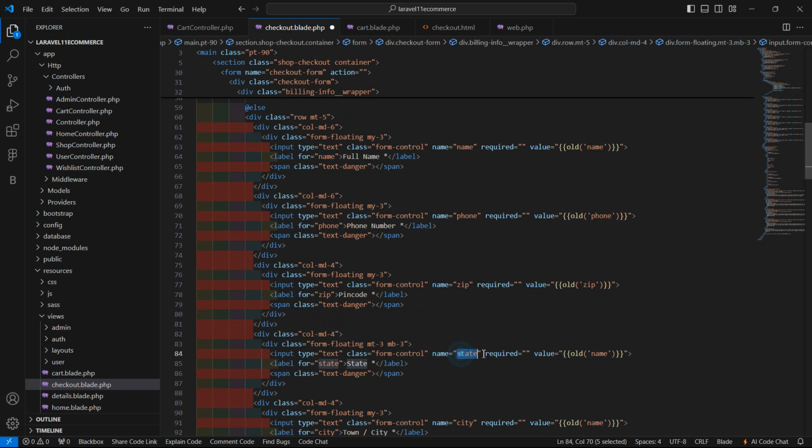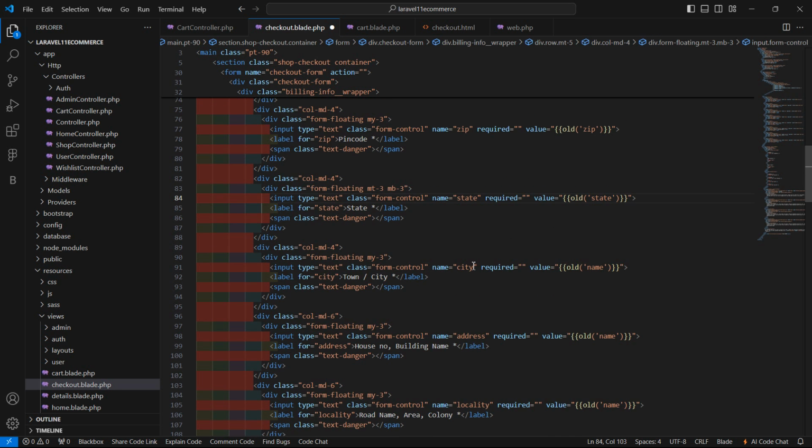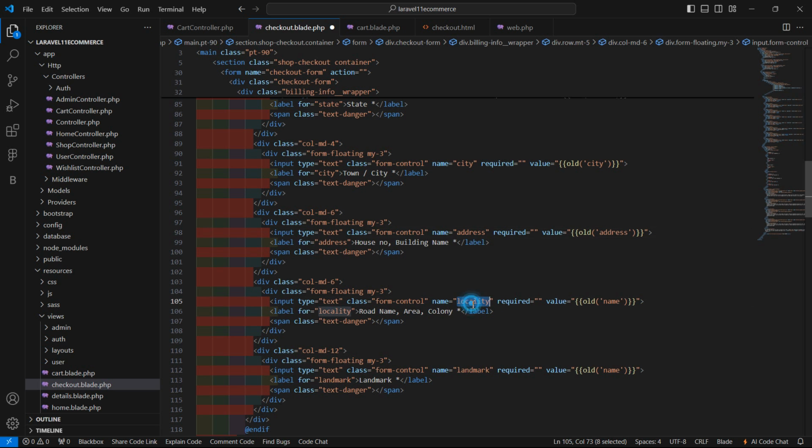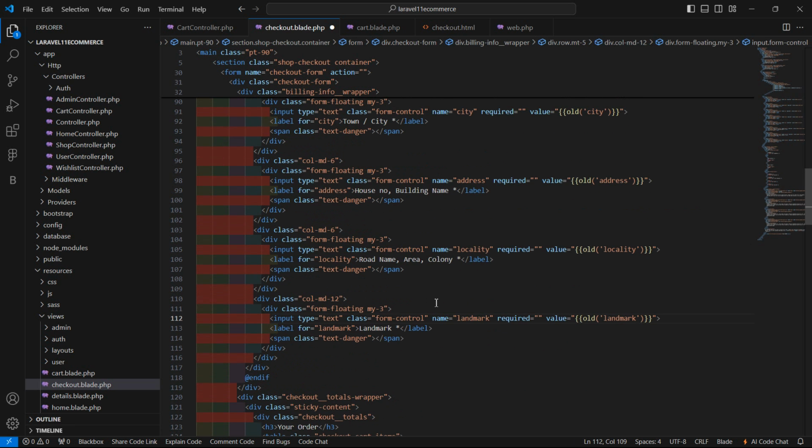zip, state, city, address, and locality and landmark, okay. And now for displaying the validation message,